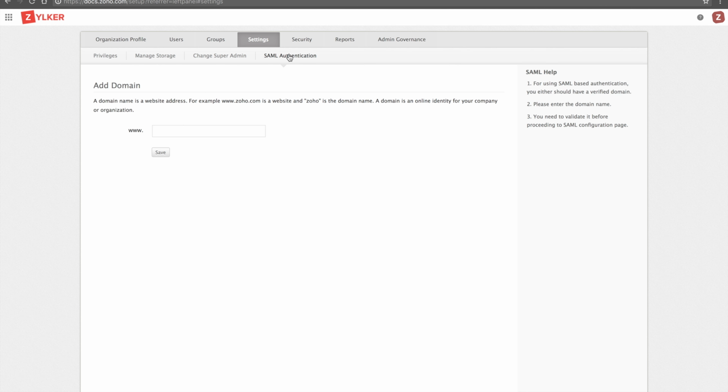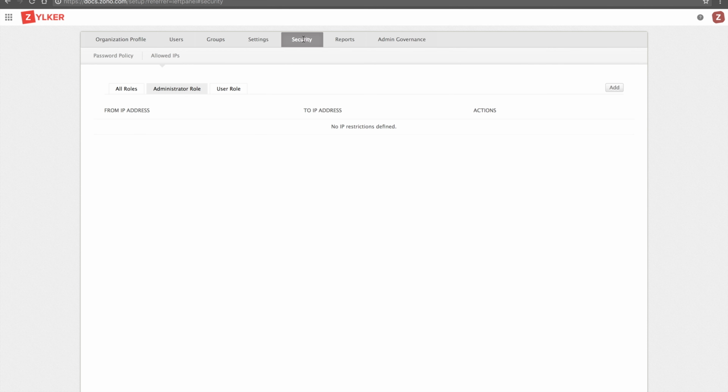Now the next tab we see here is the SAML authentication. We have seen a lot of our organizations and customers getting troubled with the number of applications they have in their organization. We all use many applications to run our businesses, and that takes a lot of time to sign in and get started with your work. To minimize that tension, we have an option to include SAML authentication within your system, and all you have to do is just sign in once and you're good to go.